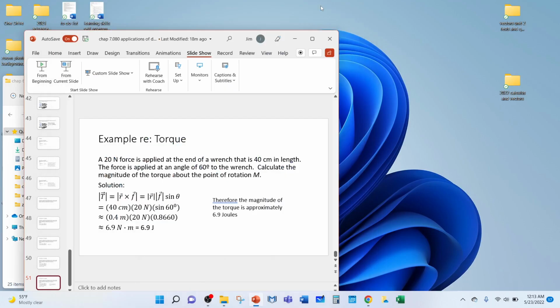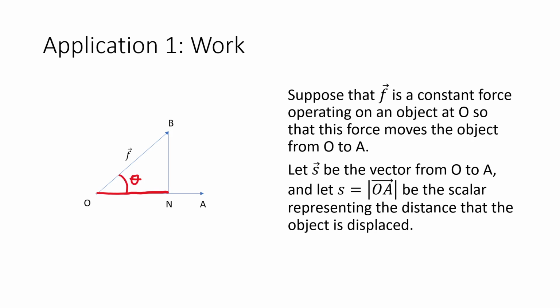In this question, we're going to talk about the applications of the dot product and the cross product. Suppose F, as shown, the diagonal force going up to the right, is a constant force operating on an object at the point O, so that the object moves from O to A. And let S, the vector, be the vector from O to A, and let S without the vector on top equal the magnitude of OA, and that'll be the scalar representing the distance the object's